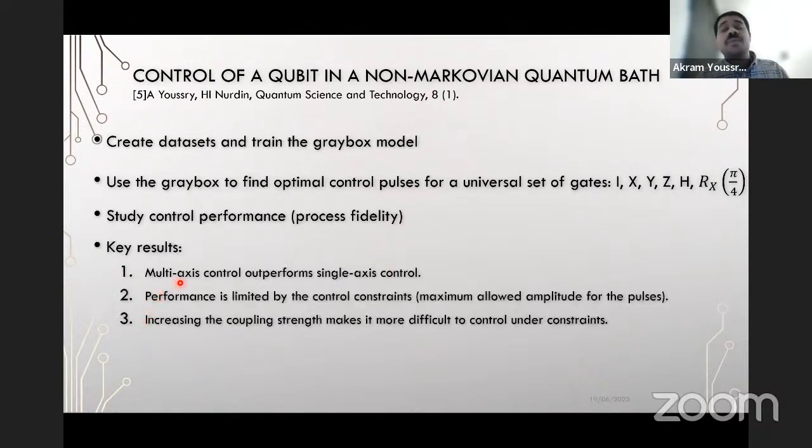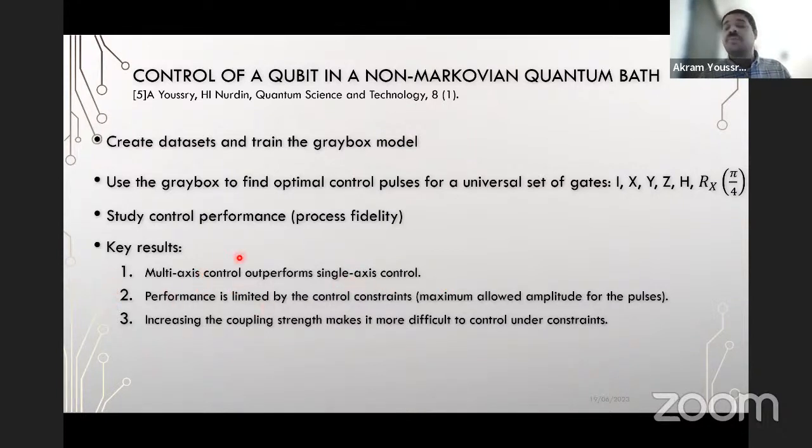So first of all, we tried single axis versus multi-axis control, and we found that multi-axis control is actually much better. If you know something about dynamical decoupling, the standard techniques, like CPMG sequences, for example, you just apply it in one axis. If you have dephasing noise, you can just apply pulses. So if the dephasing noise is in the Z direction, you apply pulses in X. And in some situations this would work fine. But in this kind of noise that we used to simulate,